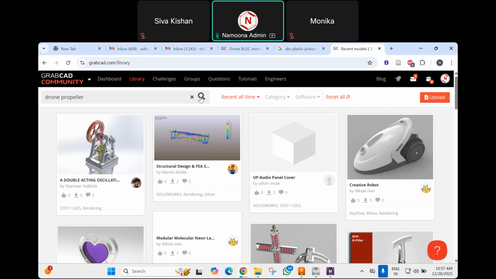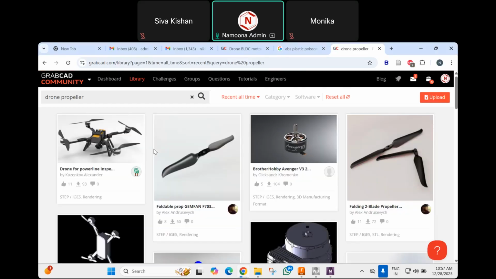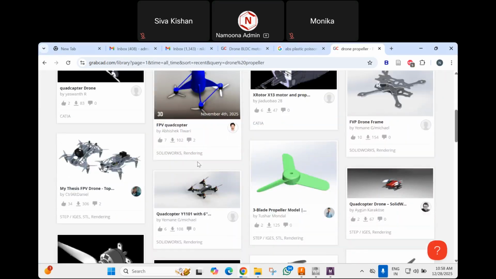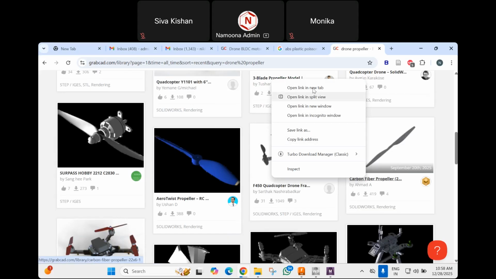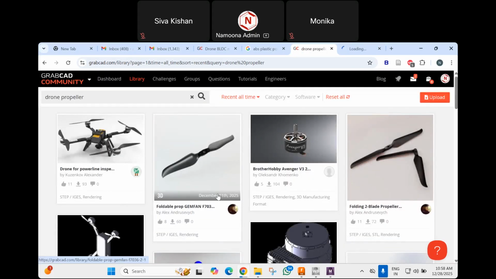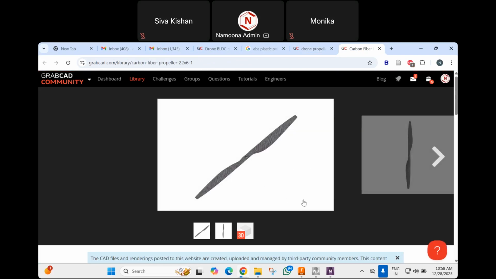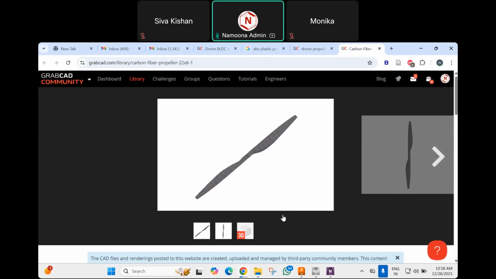So I am entering drone propeller, and let's see if there are any ready-made models available in this website. So this is one of the models readily available. So I will download this model